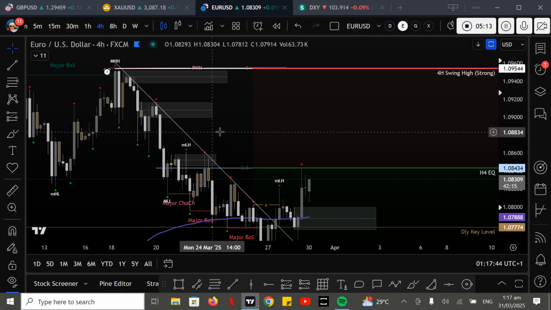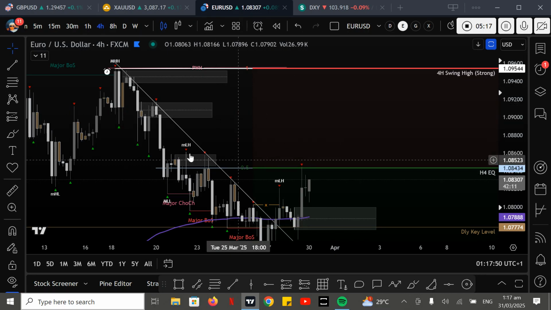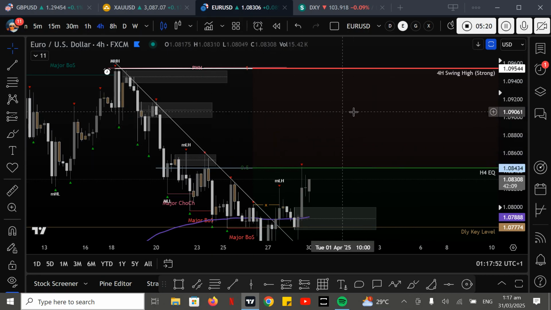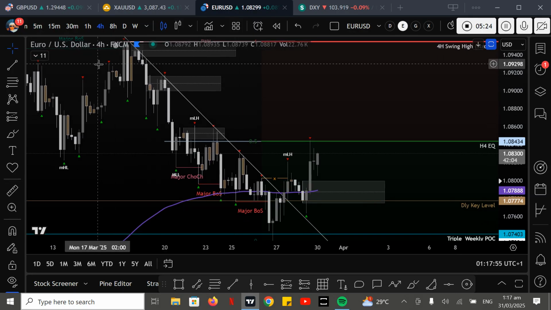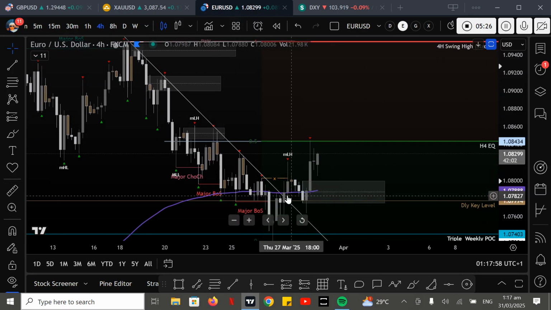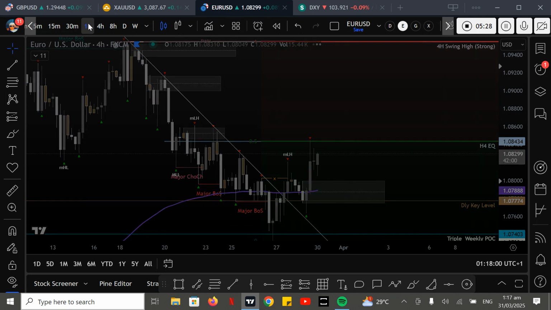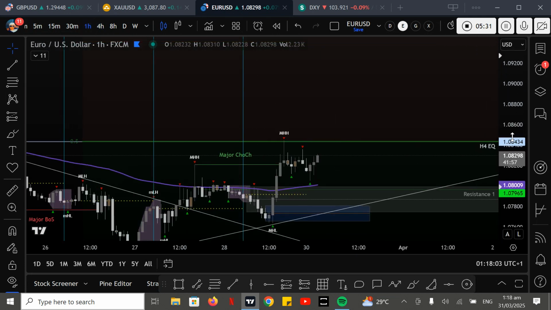So we are looking for a reaction either from this supply or from this supply. We have to wait and see when price gets there, what price is going to do. And then we look for entry on the medium time frame and the execution time frame, which is the 15-minute time frame. So if we look at the 1 hour time frame, we can see that